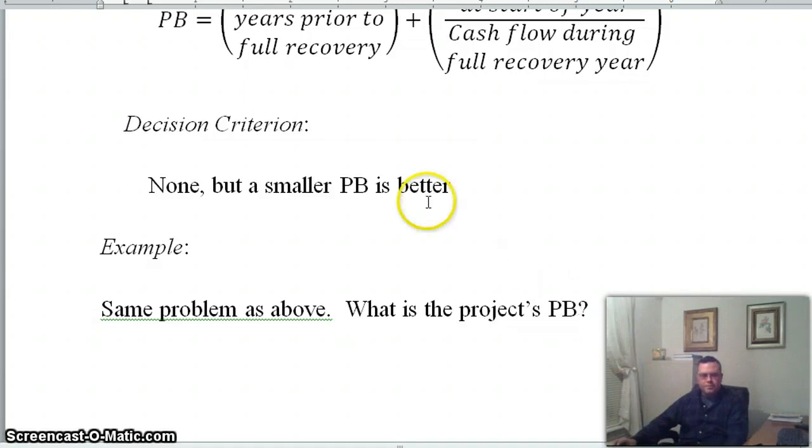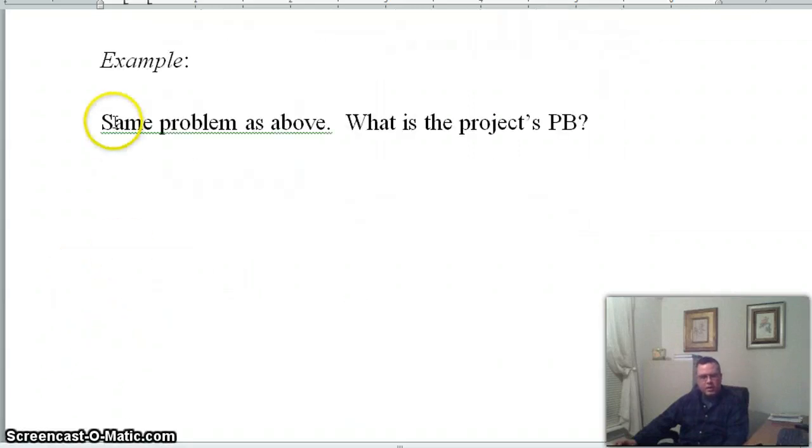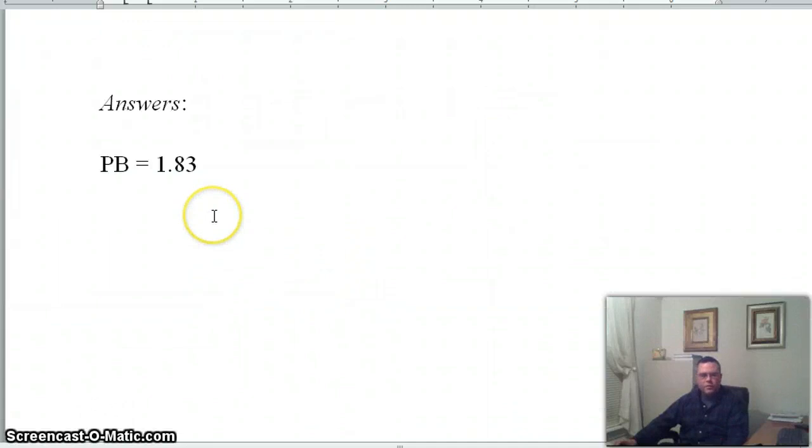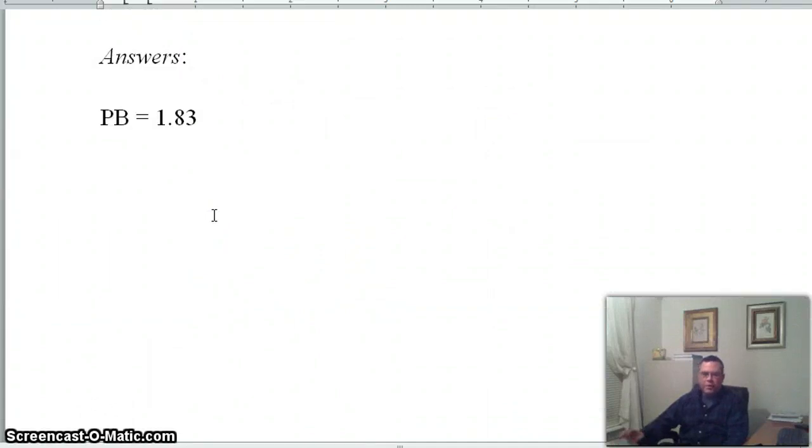But all right, so the example question is the same problem as above. What's the payback period? It's 1.83. And that's a really good payback period. You'd love to take a project that pays you back in 1.83 years, because then everything after that, one way to think of that is it's profit. And that's not technically true because we're not considering time value of money,